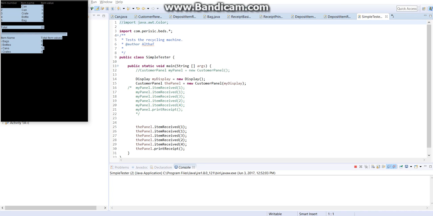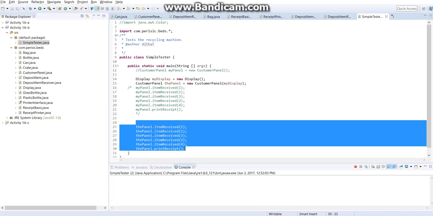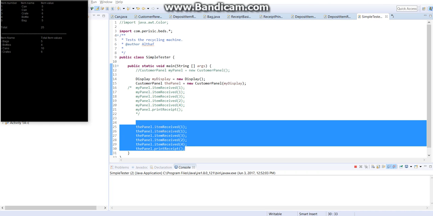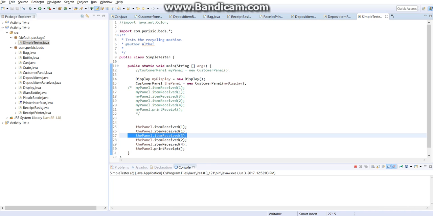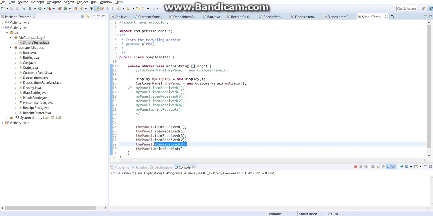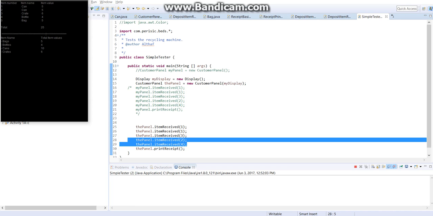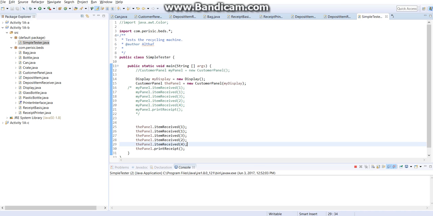where the values are already given for it, where we have called the item received, like the first one is going to be the can, and then the third one is going to be the crate, and the second call is going to be for the bottle and bag,